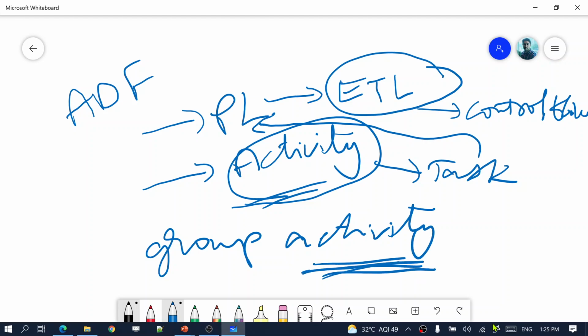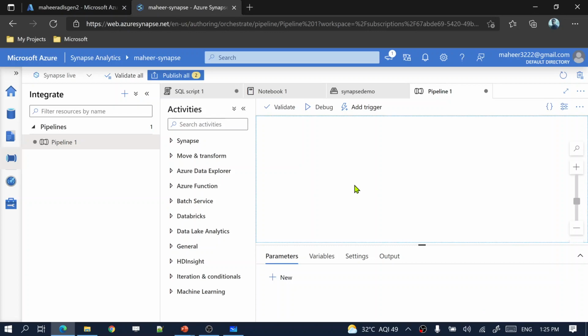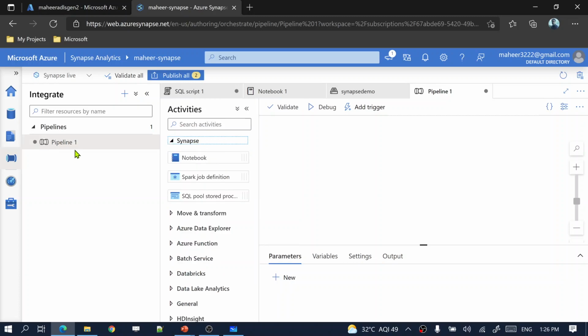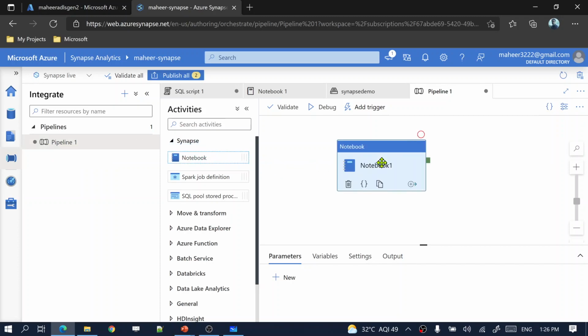Okay, so please watch my Azure Data Factory playlist to know more details about these pipelines and activities and what each activity will do. Everything I have covered in a detailed playlist on my channel, so please watch that. This video is a quick start video to create one simple pipeline, and inside this pipeline I want to execute the notebook I have in my workspace.